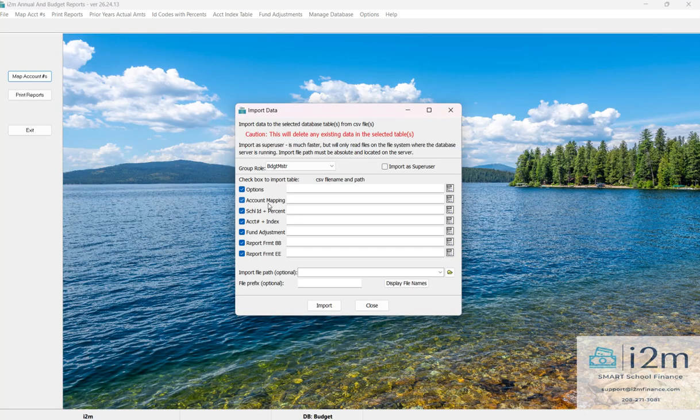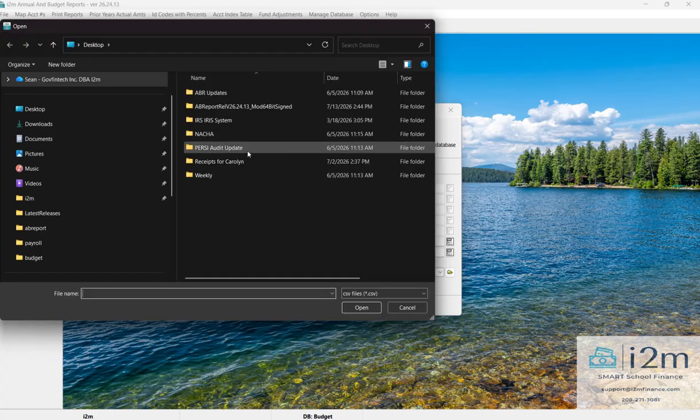select Import Data. When you're on this screen, there's two files that we need to update, and it's these report format B and report format E files. So what you're going to do is uncheck everything except for those two options right there. And then you're going to come to the end of the line, and there's this little box that allows you to select the file. And you're going to click on the box for BB, and these files are included in